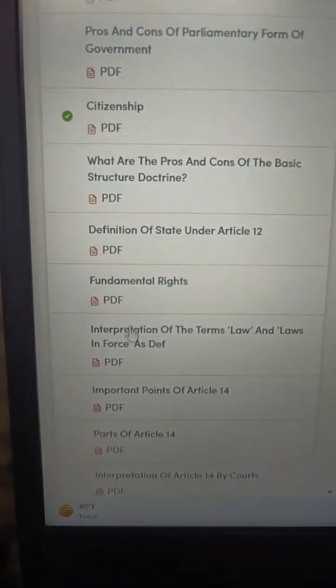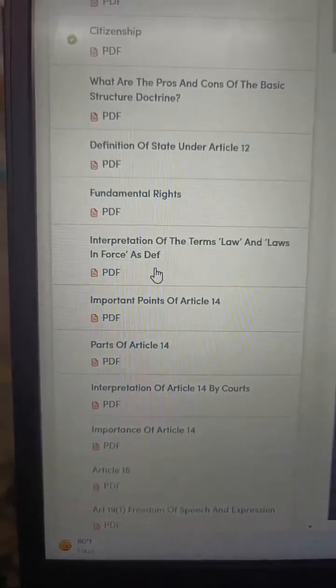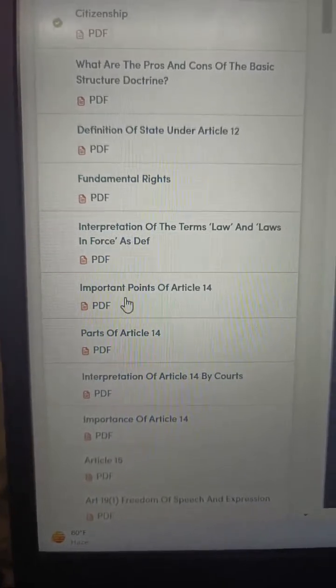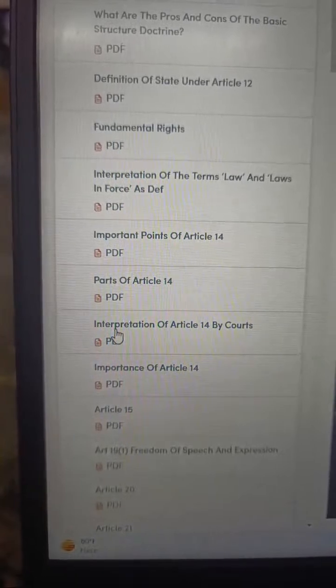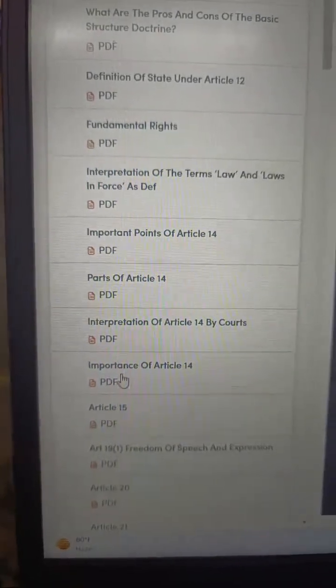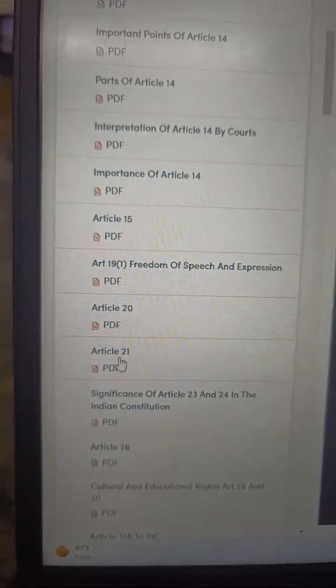Fundamental rights. Interpretation of the terms law and law in force as a definition. Important points of Article 14. Parts of Article 14, interpretation of Article 14 by courts, importance of Article 14, Article 15, Article 19, 20, 21,